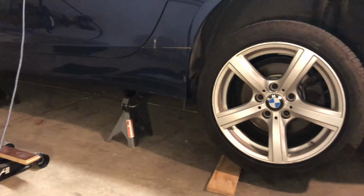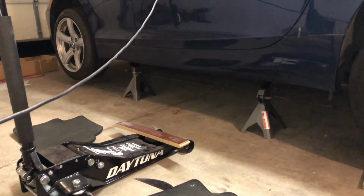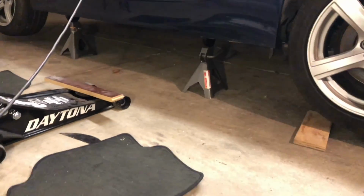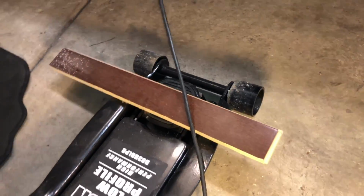As you can see, the car is now safely on jack stands, at least on this side. I'm going to repeat the same process on the other side, and it'll be on all four. So here's my method. I use a piece of wood, just a board, which goes